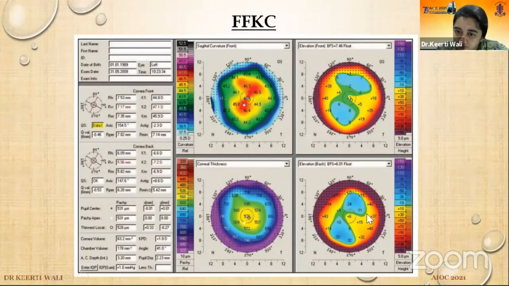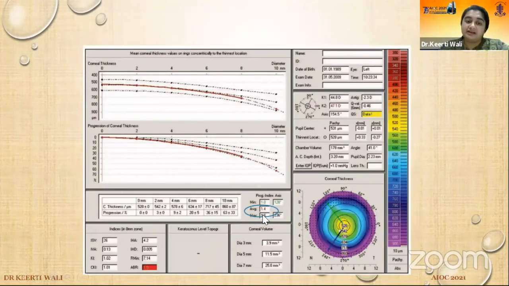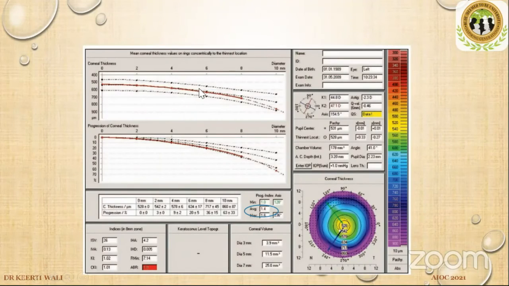On the posterior elevation maps also, there is minus 24 as one point, and plus 15 just borderline, but plus 18 is the pathological, more than plus 18. And the thickness is also normal. The thinnest location is 528, and it is not decentered. Okay, so in these cases, there is a lot of confusion about what to do. And in these cases, the Belin-Ambrosio curve and the indices will help us to see the risk. Here in the Belin-Ambrosio curve, you can see that after the 6 mm zone, there is a steep fall.